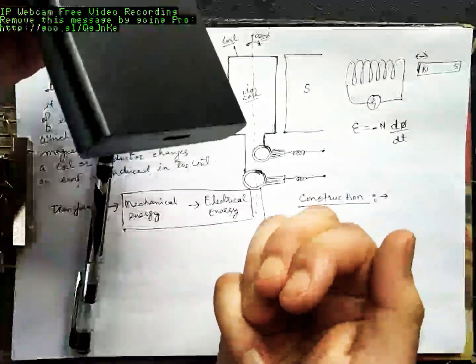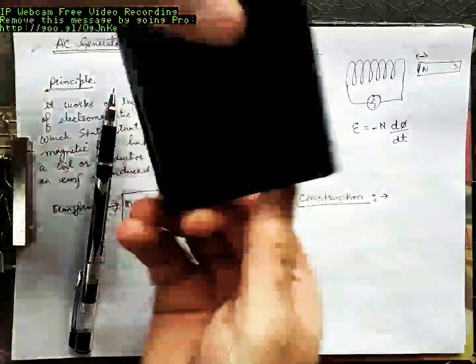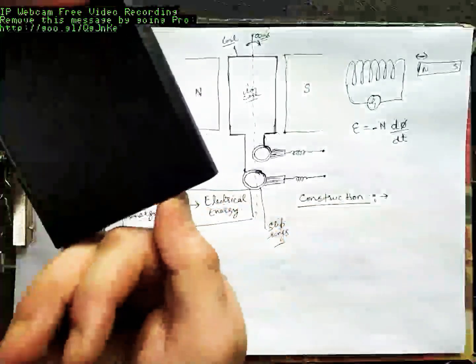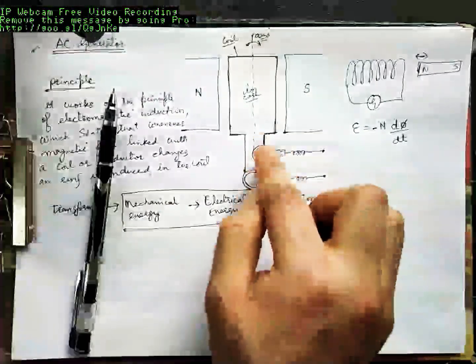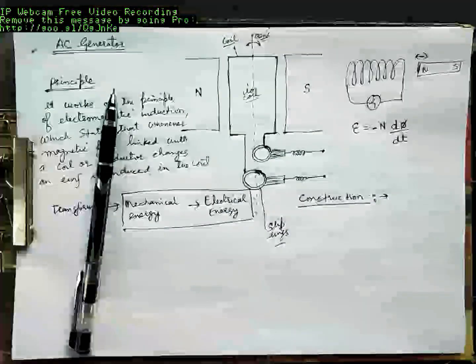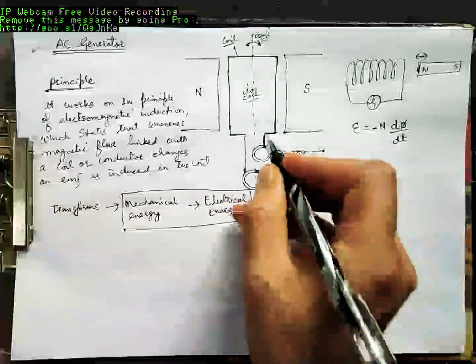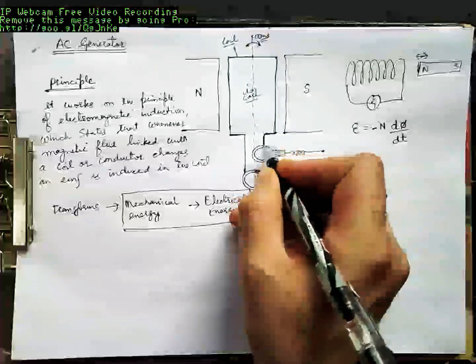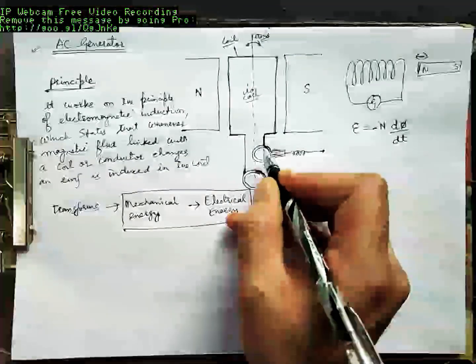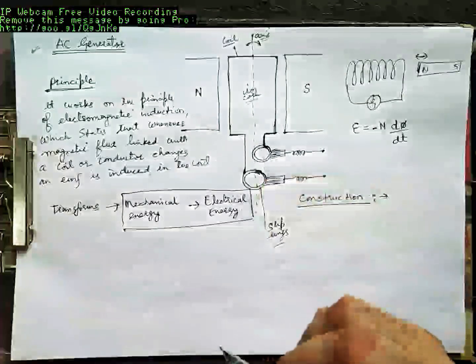The wires that have to be connected here with this, they will get twisted because of the rotation. That means whatever load you connect over here, when you rotate this, there will be twisting of the wires, and those wires will get damaged. They'll finally be cut off. In order to prevent that, we connect this end here, we connect this end here, and this is known as a slip ring. Slip ring 1, slip ring 2.